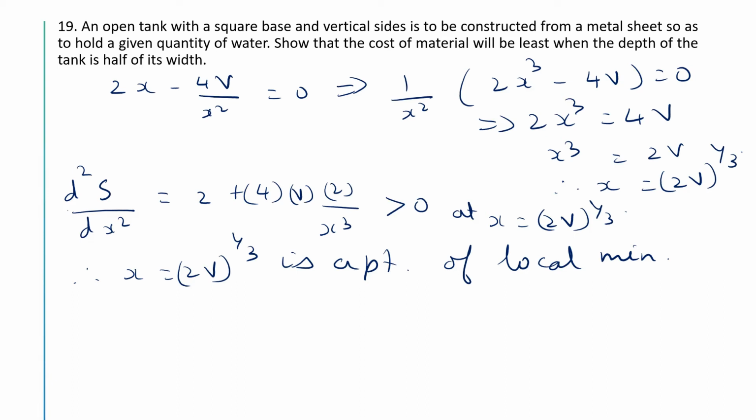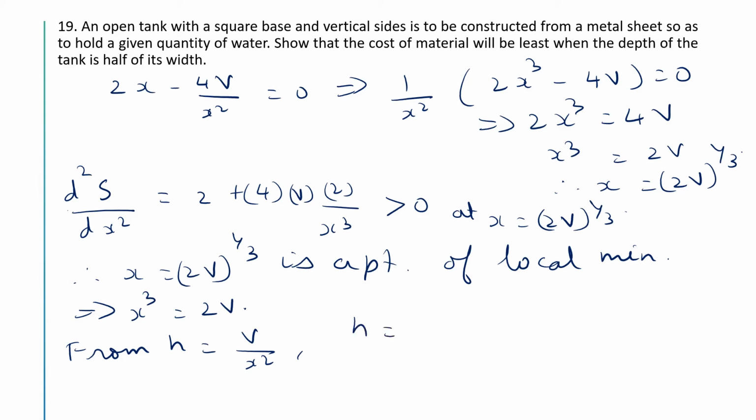Now we have to show that the cost of material will be least when the depth of the tank is half of its width. That is, we have to show that h is equal to x by 2. So from here we have x cube is equal to 2v. Initially we have taken h is equal to v by x square. So from h is equal to v by x square, we have